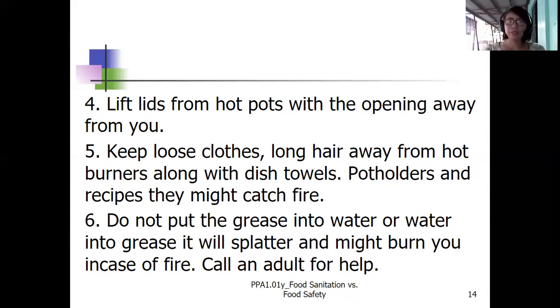Then, do not put the grease into water or water into grease. It will splatter and might burn you in case of fire. So, same na magprito bitaw mo nga. Inyo da yung, ang di ba, pag mo niyo prito, usahay kay para lang dili to matanggal lang to ang mga nagdikit-dikit na mga sitaw ganaoy sa isda or karne na mga nasa something nga didikit sa kalaha from gikan sa imong pag-fry. Di ba sometimes tanong ato na siyang butangan og water. Then usahay na po yung reaction na mukalit lang siya og